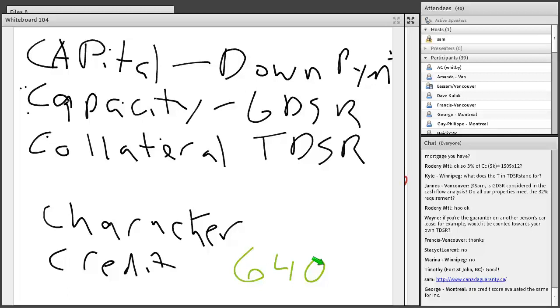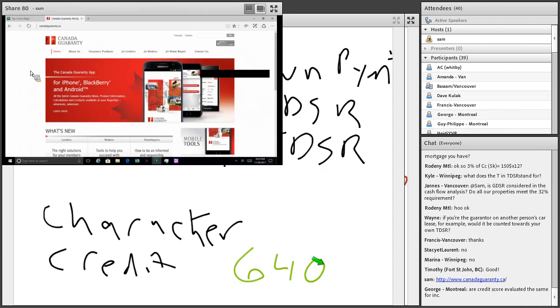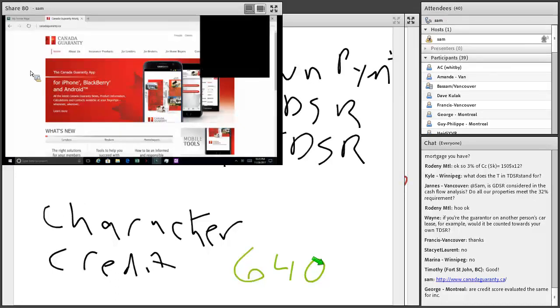So there's your everyday conventional deal. You're putting down 20%. One of the misconceptions is that even though you're putting down 20% down payment, the lender still wants the insurance on the deal. They want insurance in case you default. The only difference is, if you're putting down 20% or more, the lender will pay the insurance dues. If you're putting down less than 20%, you've got to pay the bill. You're paying the premium, and it could be as high as 4 or 5% on the entire deal to get that insurance. Most lenders want the insurance, so they're going to price it right in there. But they'll pay for it out of their own pocket if you're putting down more than 20%, okay?